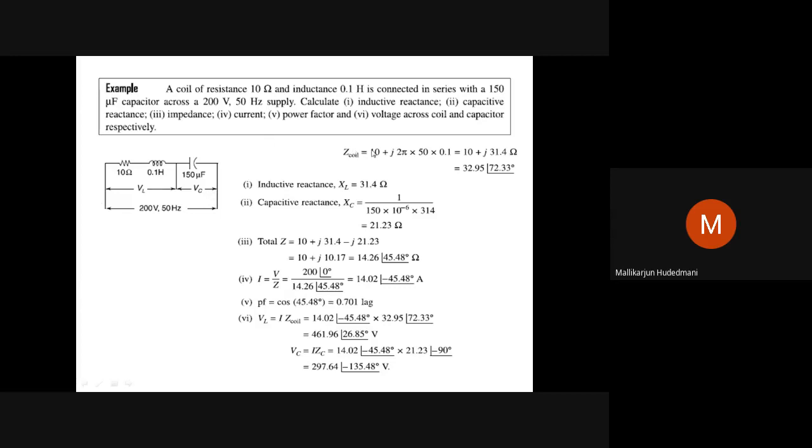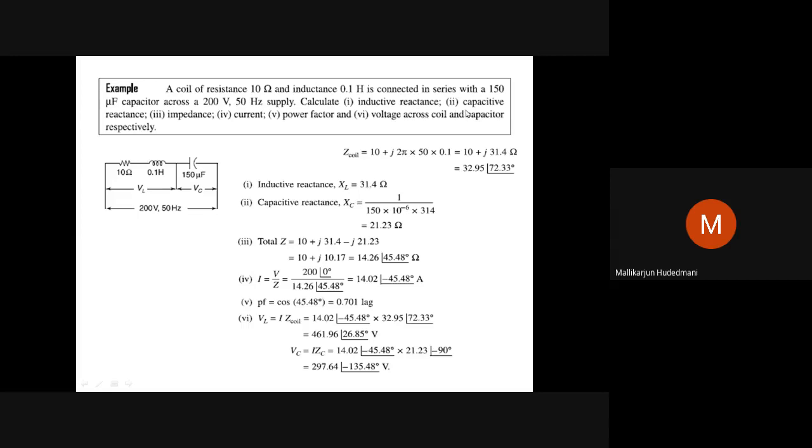I will not work on the coil immediately. I come to the first point. What is inductive reactance? It is the blockage offered by the inductive part for the flow of current, which is 2 pi FL. XL equals 2 pi FL. You can see here only the second part: 2 pi into 50 into 0.1. This term results in 31.4. That is what is directly written.